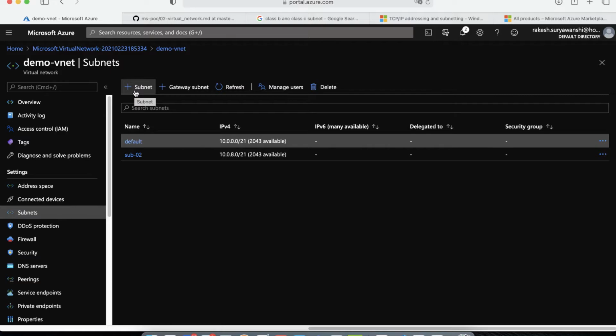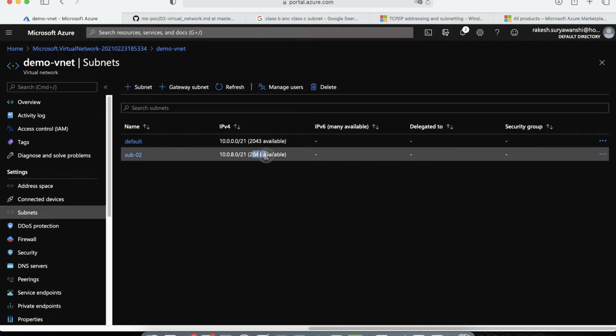So I may want to create a subnet with a smaller range of IP addresses, because API Management will require only one IP address at max. At least for that specific range, I don't want to allocate the entire subnet of 2000 IP addresses available. Now the second case is, let's say you would like to host services like VM scale sets,